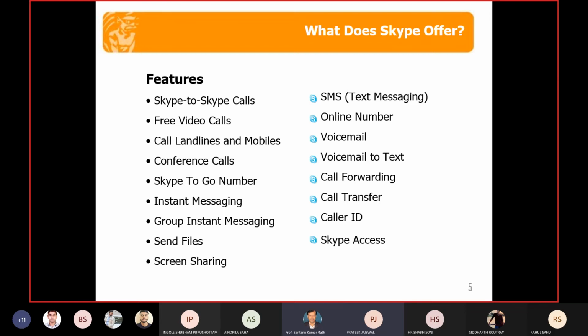Caller ID is also that kind of thing. Some unique ID is assigned to many persons. It can be of 10 digits, as we know in our SIM card. So the same happened with Skype.